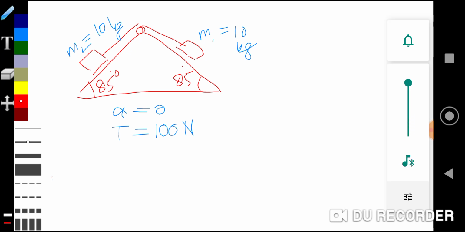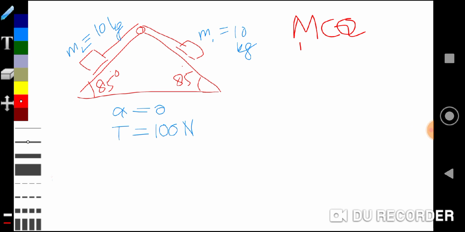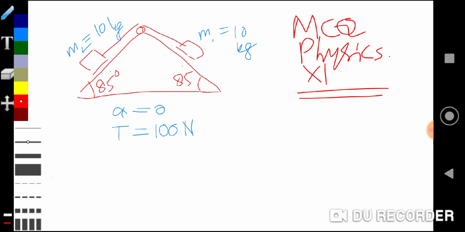We are here to continue our MCQs on physics for class first year. Students, our question is, just as you are observing on the screen, an inclined plane